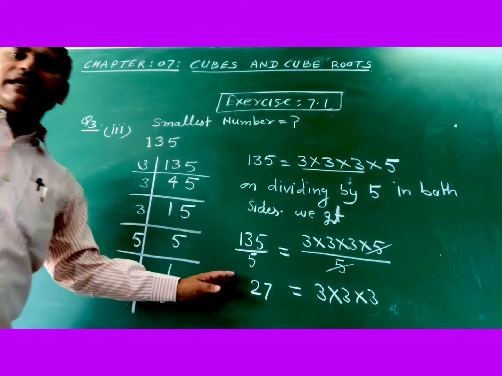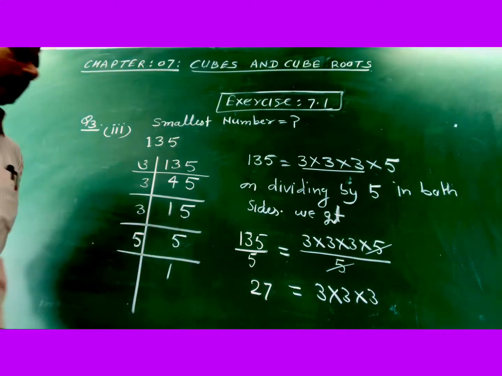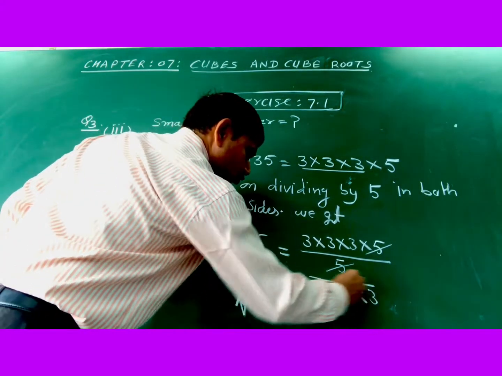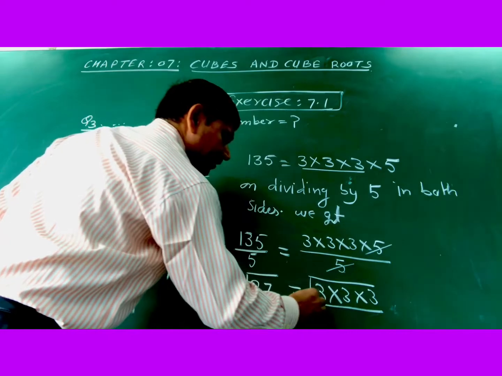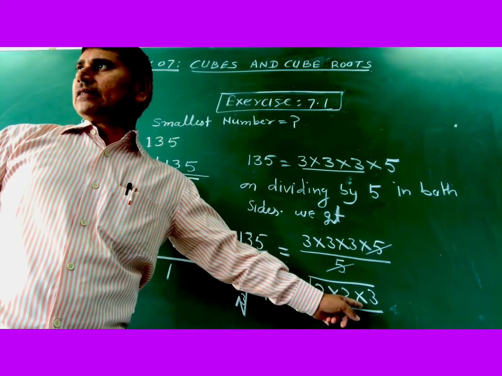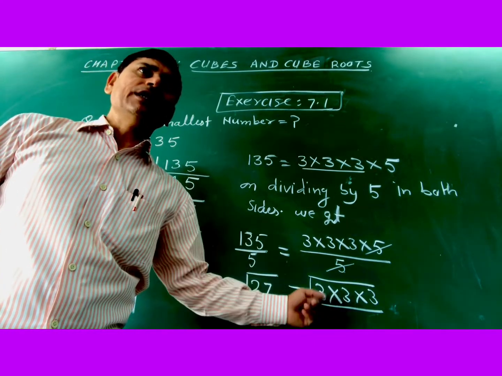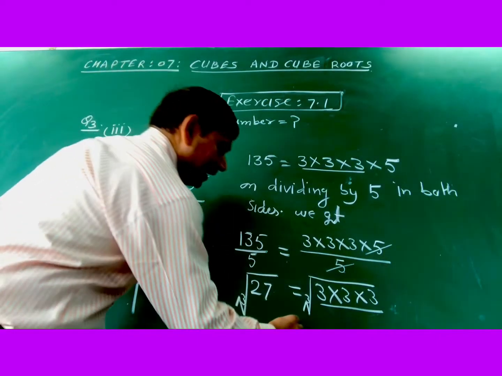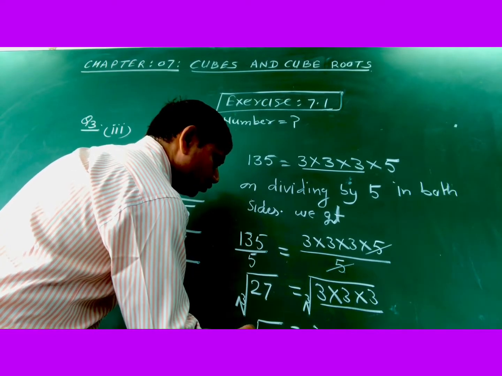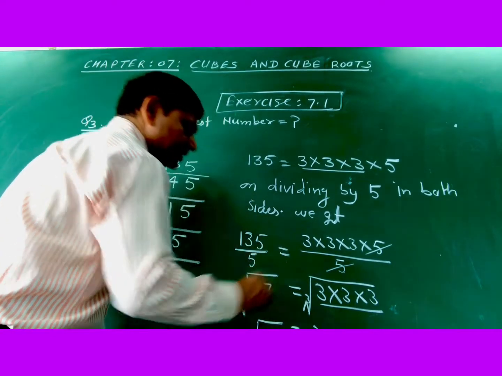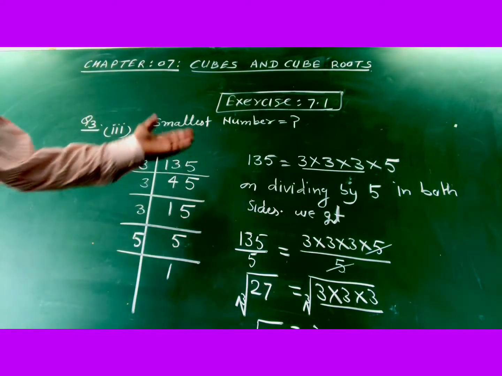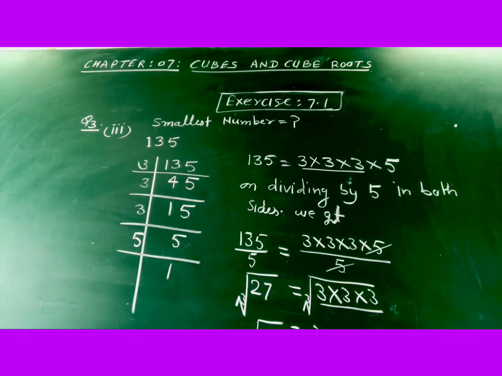Now dear, this remaining number is a perfect cube. If you find the cube root of this 27, you will get a triplet and you will take only one digit out of the triplet. That is, you will select only one 3 out of the three 3s. So you will finally get 3. That is, the cube root of 27 is 3. So this is the answer, and you can find the answer by this procedure in all the other parts.